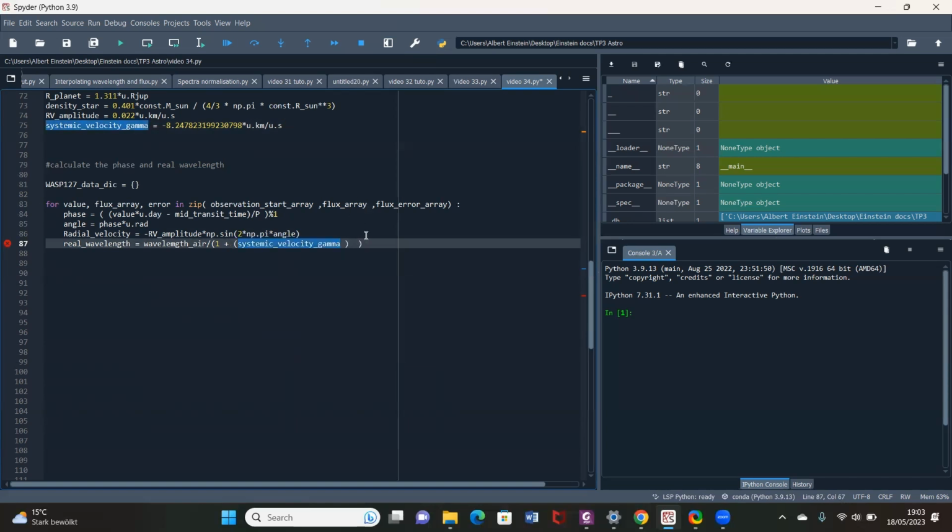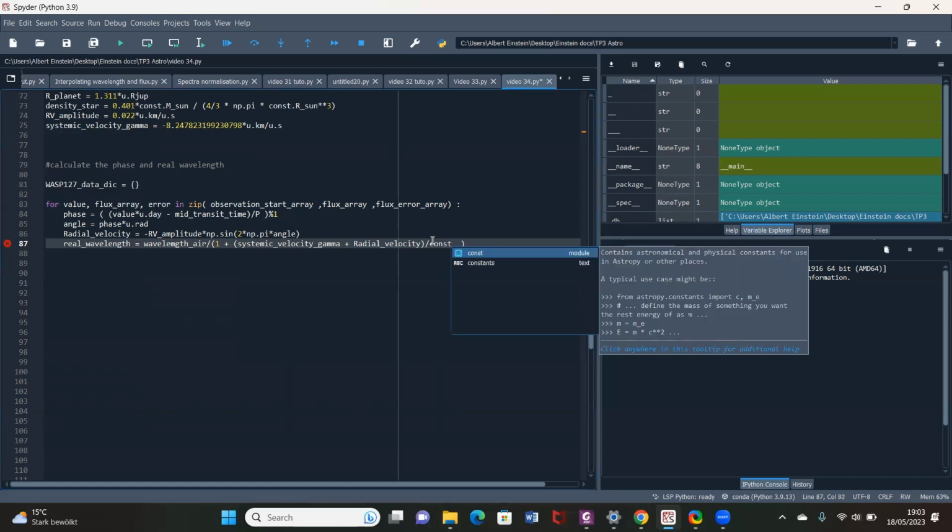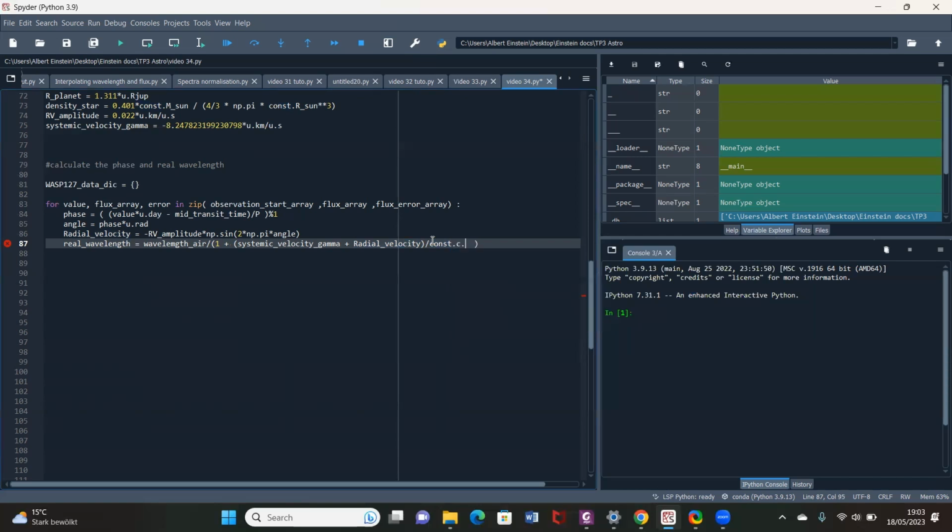And to the systemic velocity I have to add the radial velocity that we calculated above. So I'll also copy that and I'll paste it here. All right. And all this has to be divided by the speed of light. So I'm going to say divided by constant.c. You remember we imported astropy.constant. And we want the speed of light to be in kilometers per second. So I'm going to say here